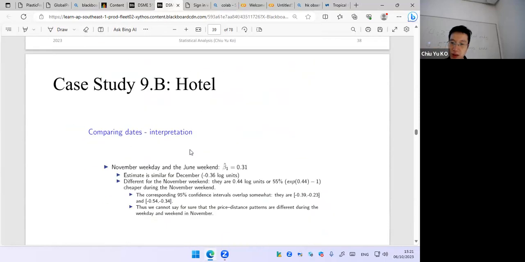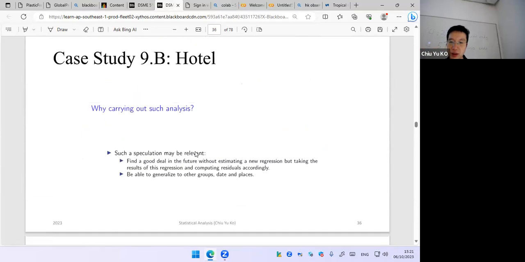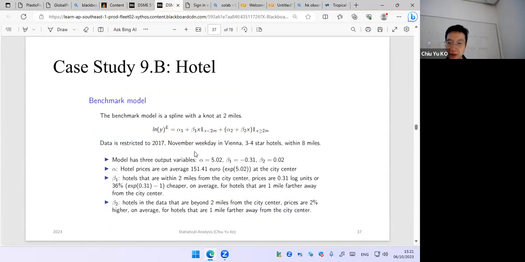And look at the graph. There's no graph. But why do we do that? Let's look at this. They figure out the following: alpha is 5, beta is negative, the further away from the city center, the lower the price. But look at this: beyond 2 miles, the slope is actually very small and positive, meaning the further away, it's slightly more expensive. But you try to look at the